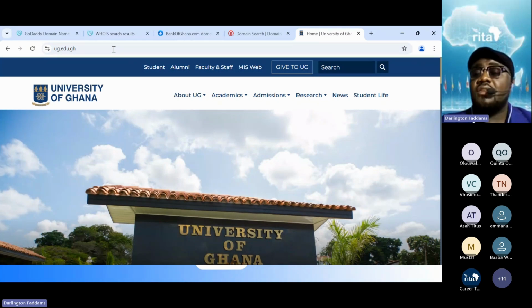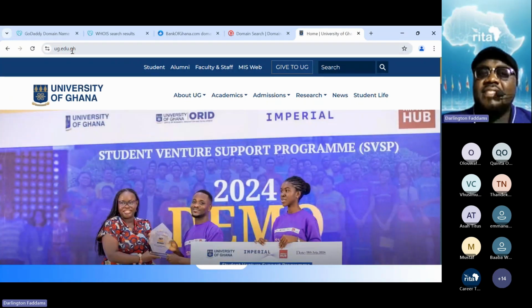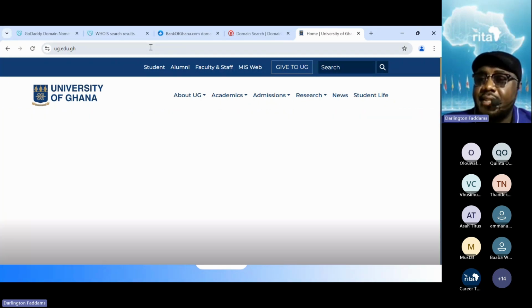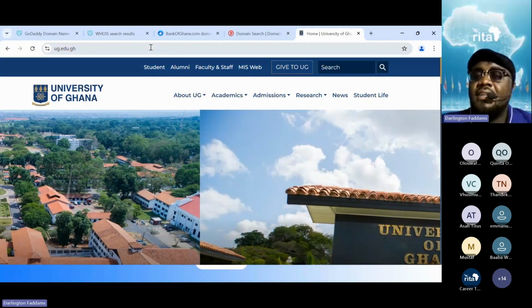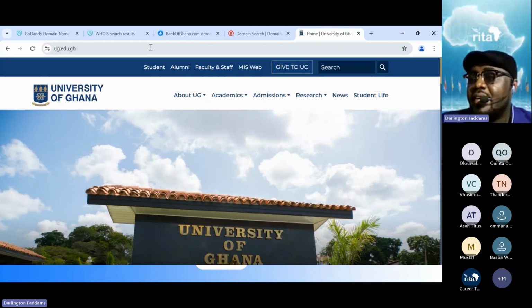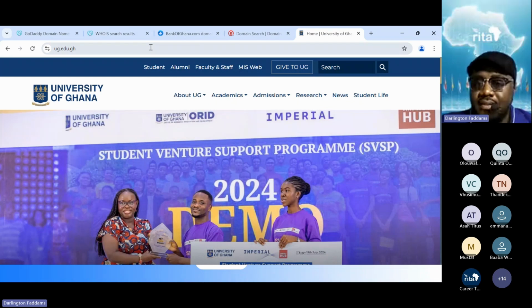Just go to Ghana.com. All right. You don't go to domain.com, please. Go to Ghana.com. If you're in Nigeria, find out which authority. You can go to ChatGPT and search or search online. Which authority is selling or providing .ng domains? If you're in South Africa, .za domains. If you're in Kenya, .ke domains. You are going to discover the company behind all those domains. Then that is where you register.